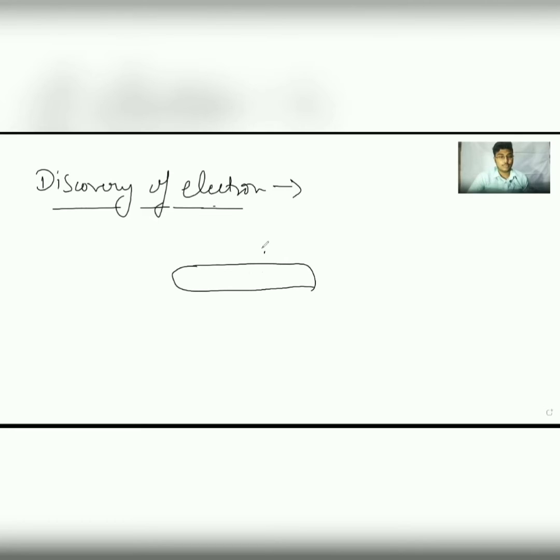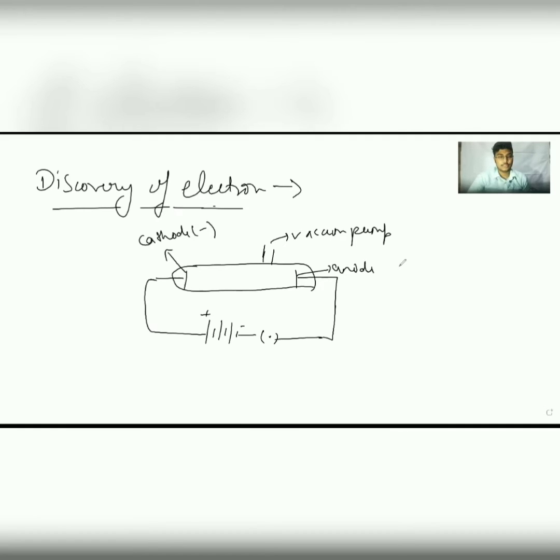which is vacuumed via vacuum pump. He takes two metal electrodes, or you can say metal rod. One is called cathode and another one is called anode, and he connected these electrodes with a battery and a key to switch the apparatus on or off. This is positive terminal, this is negative. Cathode is a negatively charged electrode, and anode is a positively charged electrode.